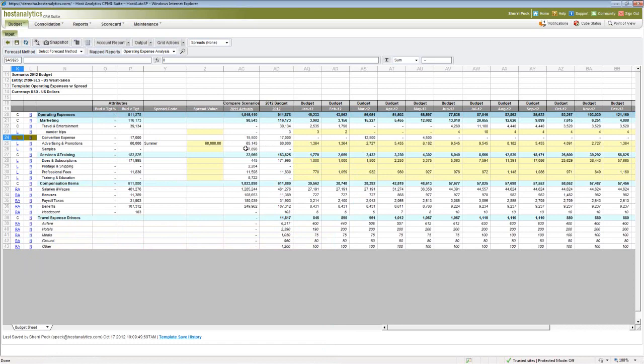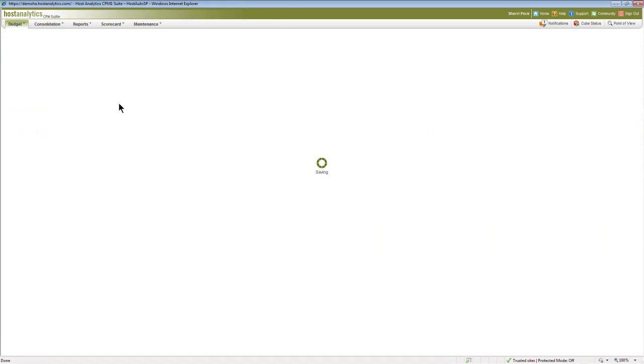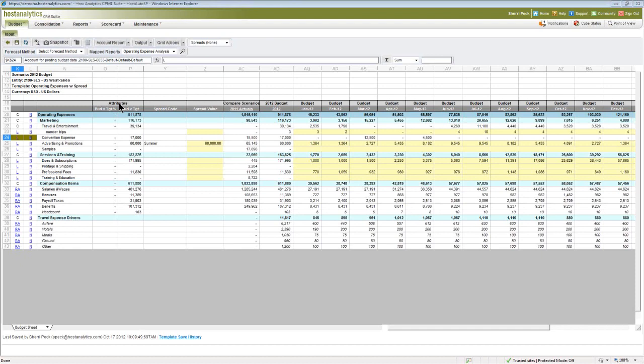So once I have the information I need here, what happens is I save, like I did on the other template, and it's writing it to the database. So unlike when I used to budget in Excel, I had to pull all these spreadsheets together into a big workbook and then write formulas to bring them all up to a top level. I could actually do reporting right now and see a snapshot of what my expense is going to be, or my revenue, depending on what you're trying to look at. At any point, you can also save it as Excel and send these to other users and communicate the results like that.